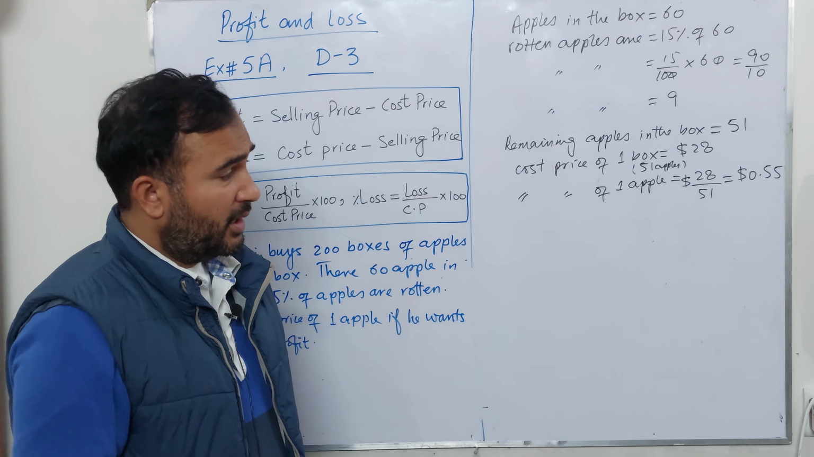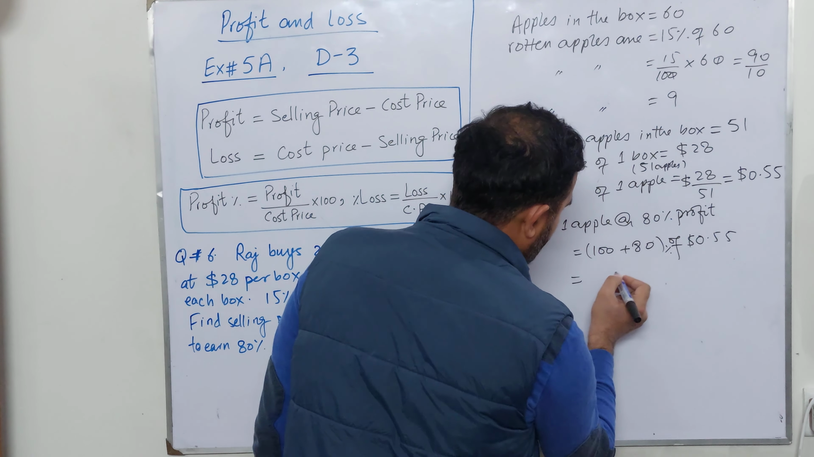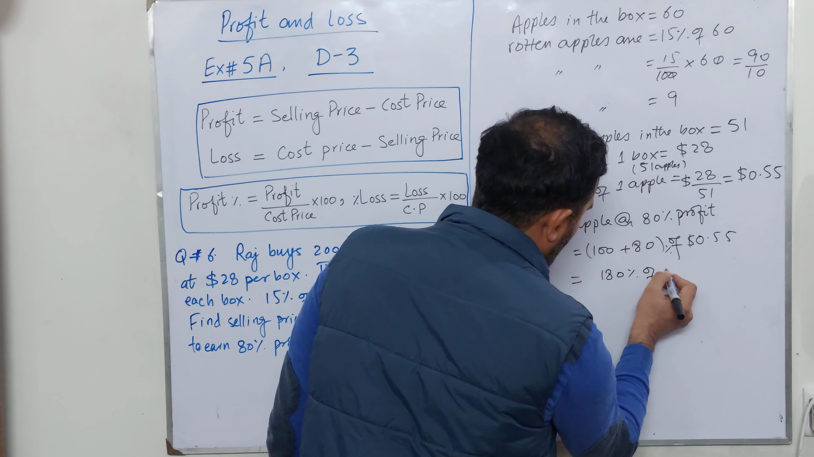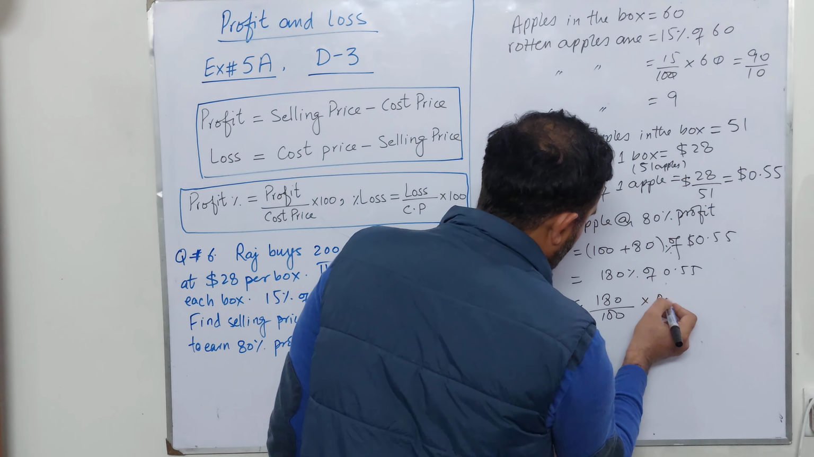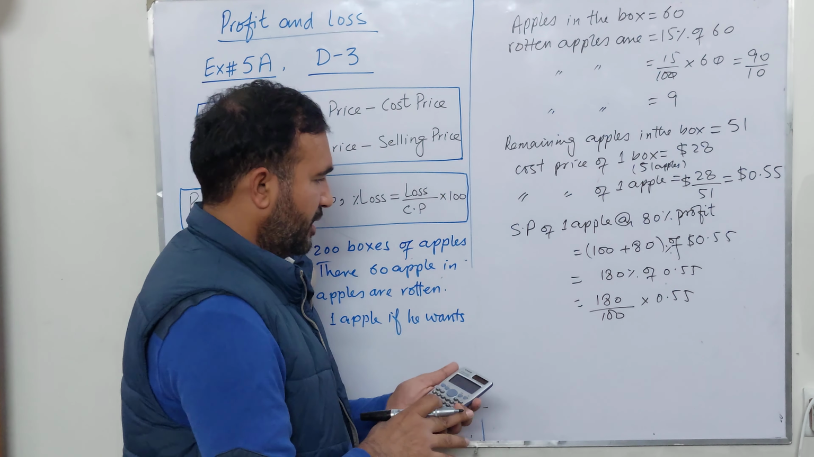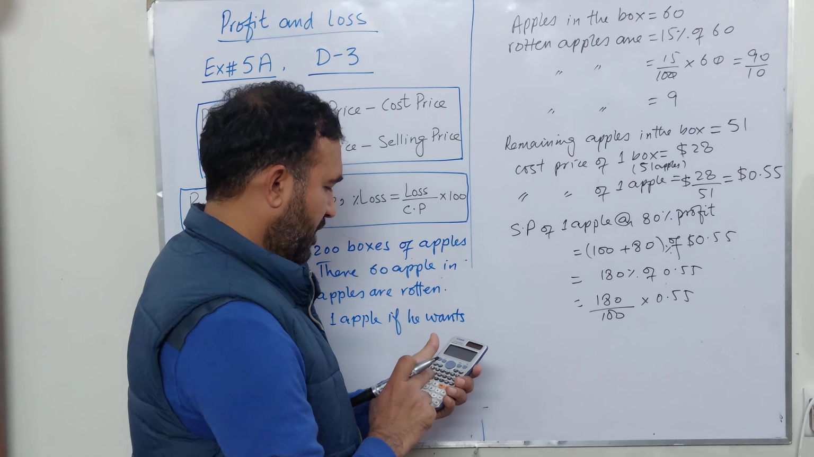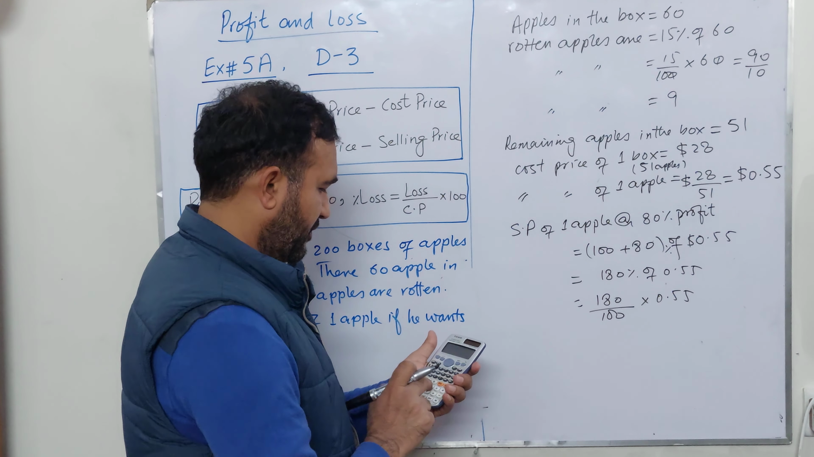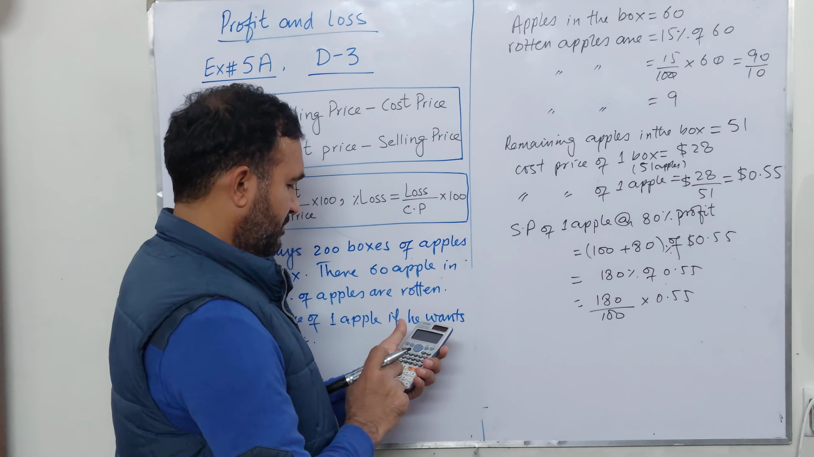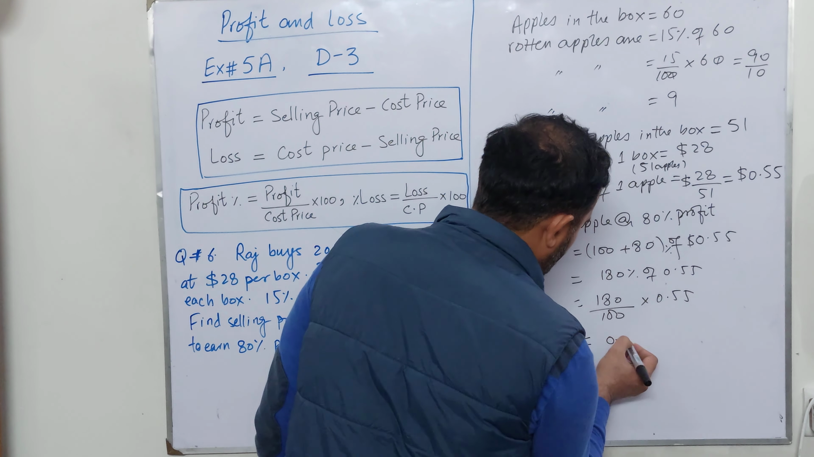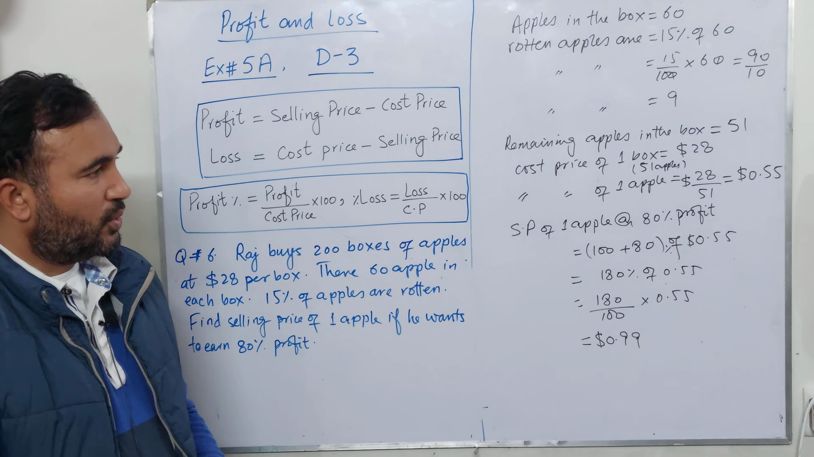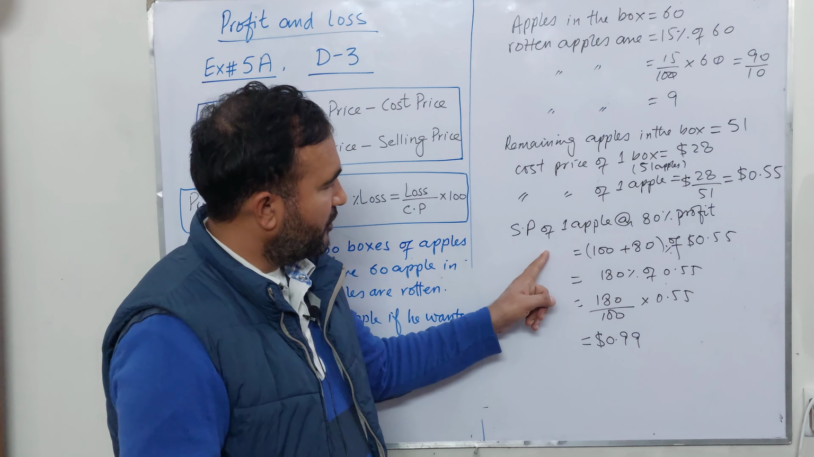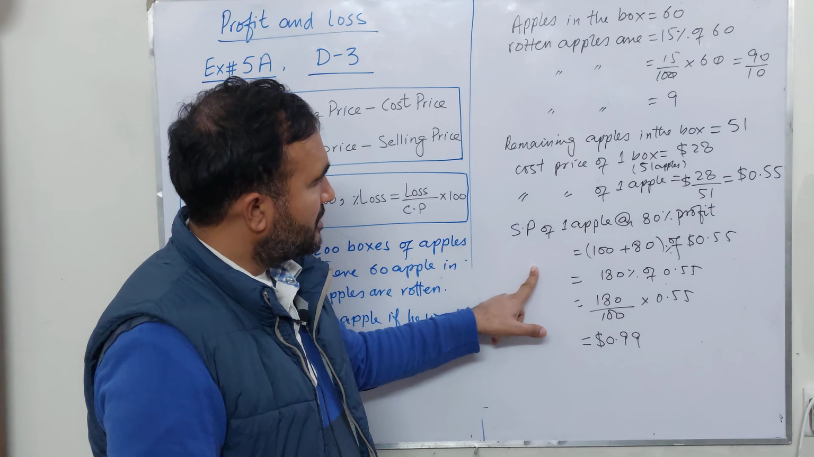Okay, so it will be 100 plus 80%, right? So it will be 180% of 0.55. So 180 by 100 multiply 0.55. Okay, so it will be 1.8 times 0.55. So it's 0.99, right? So if the selling price of the apple is 0.99, he will earn a profit of 80%,